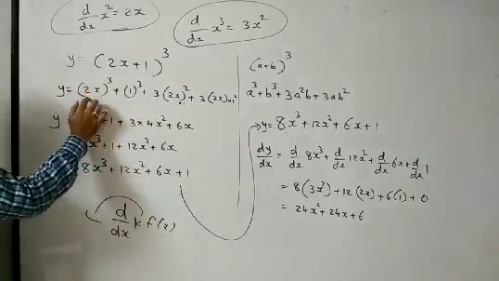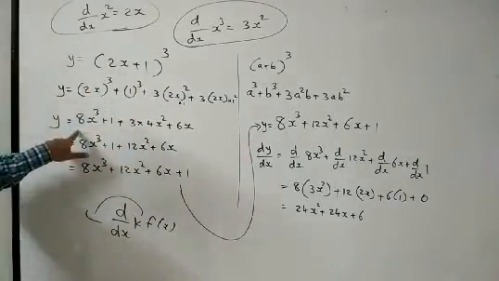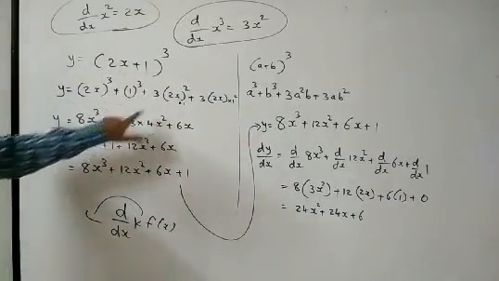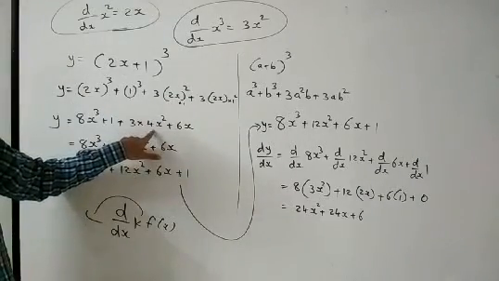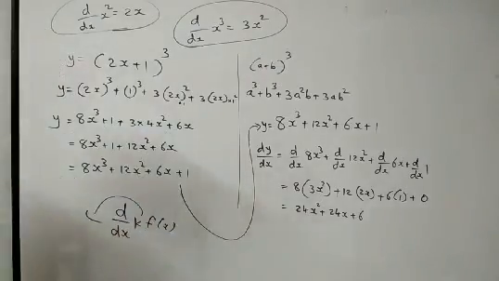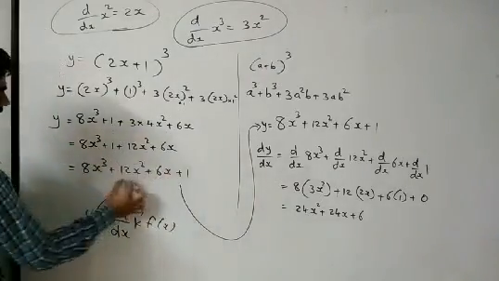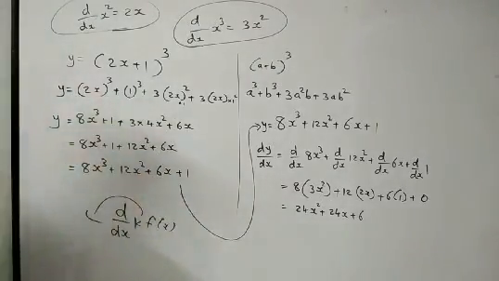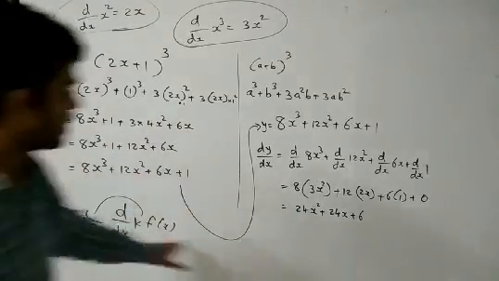Now (2x) cube, 2 to the 4 to the 8, so here 8x cube as it is, plus 1. 2 to the 4x square, 4x square into 3, that is 12x square, 3 to the 6, so 6x. Now what we have done, that is I have just done 12x square here, then 6x and plus 1. Now this I have written over here.